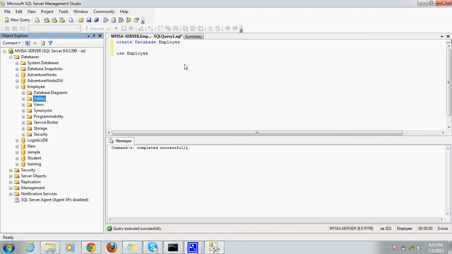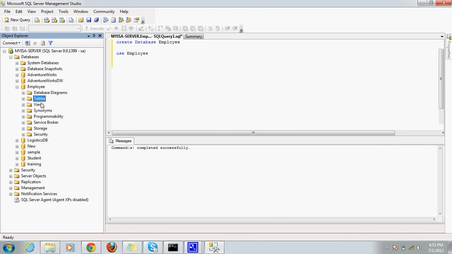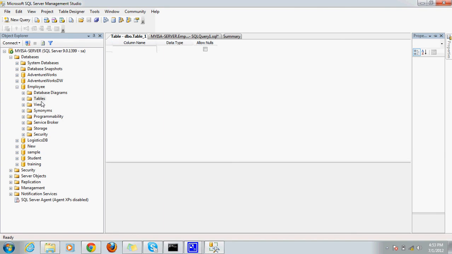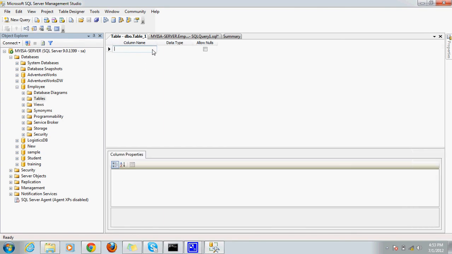Instead of wasting time, I will create a table from the wizard. I will right click over here, new table. You will get an interface in SQL Server which will ask you to provide a name for the column, the data type for the column, and whether you want to allow null values or not. So you can select it if you want to allow nulls, and if you don't, deselect it.